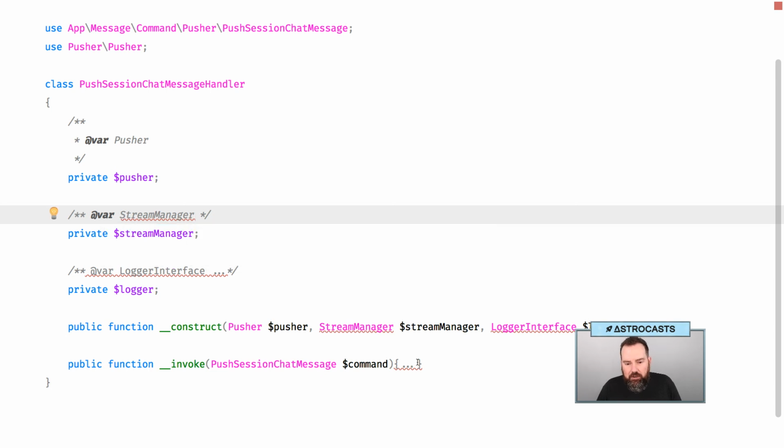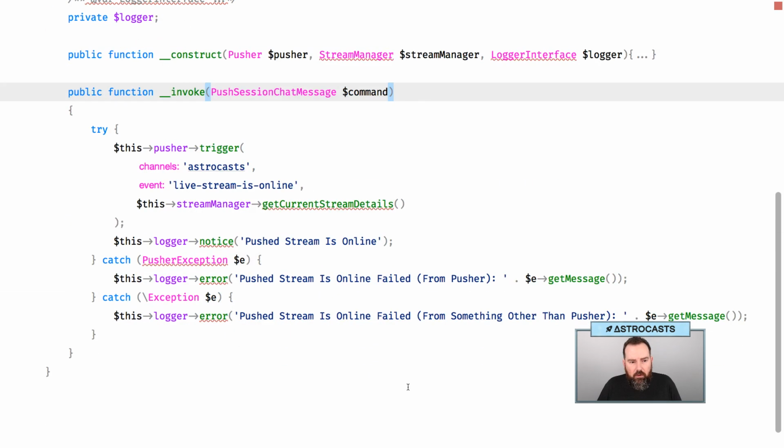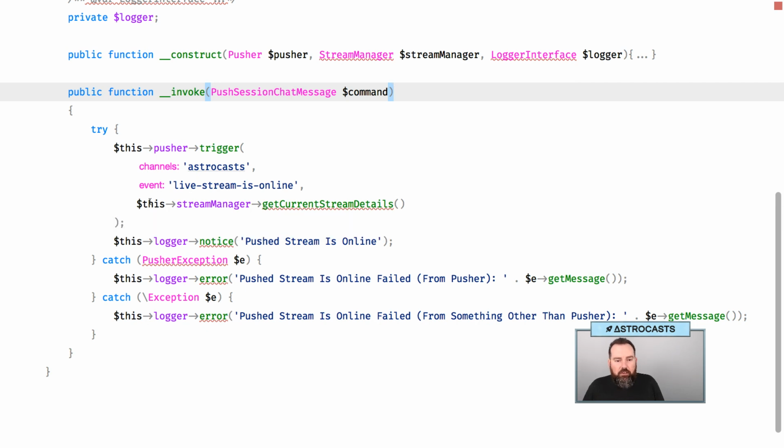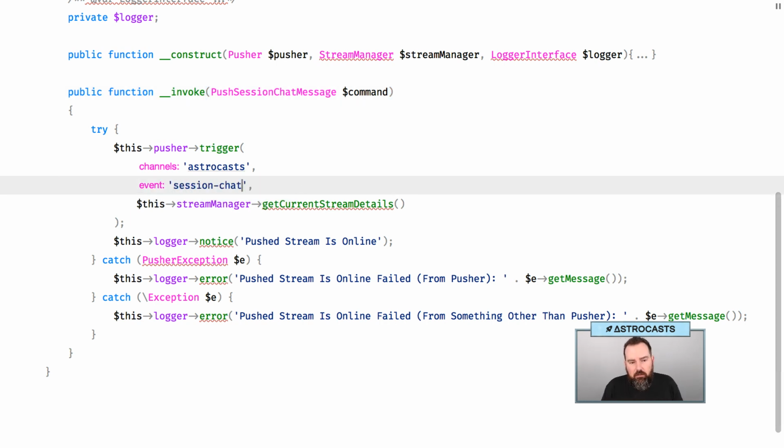I don't know if we need stream manager actually. So, okay. Yeah, we don't need stream manager. So this is where we get our current stream details. We actually want something different. So let's do session chat message. And then